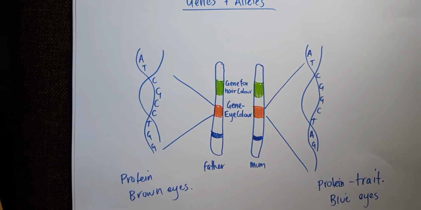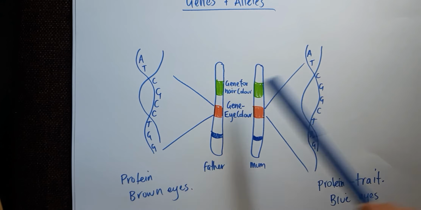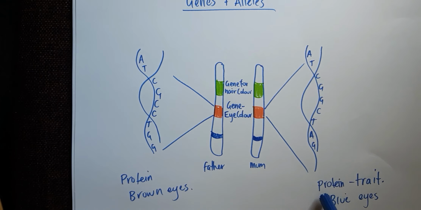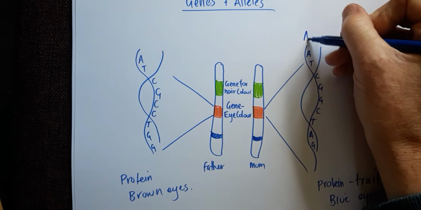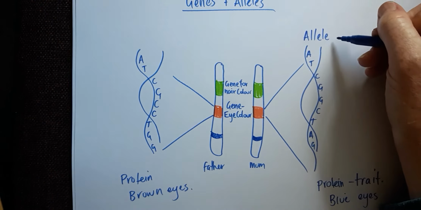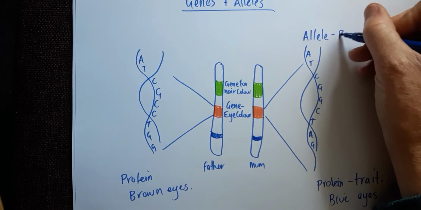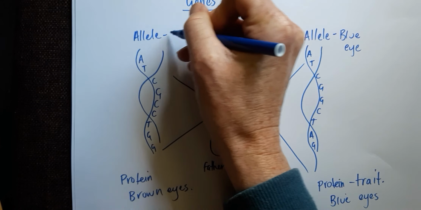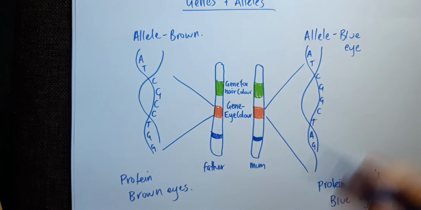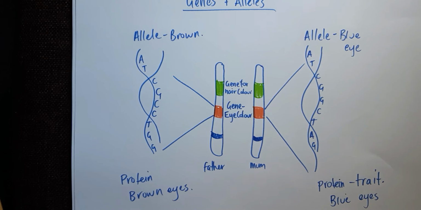Now, depending on whether brown eyes or blue eyes are dominant or recessive, in this case, the brown eyes would be recessive, and because you carry that, you would end up with that trait. But it is this combination of letters that gives us the protein, that gives us the trait. So this is the gene. This combination here, the more specific, is the allele. So the allele in this case would be blue eyes, and in this case here, the allele would be brown eyes. They then get represented by letters